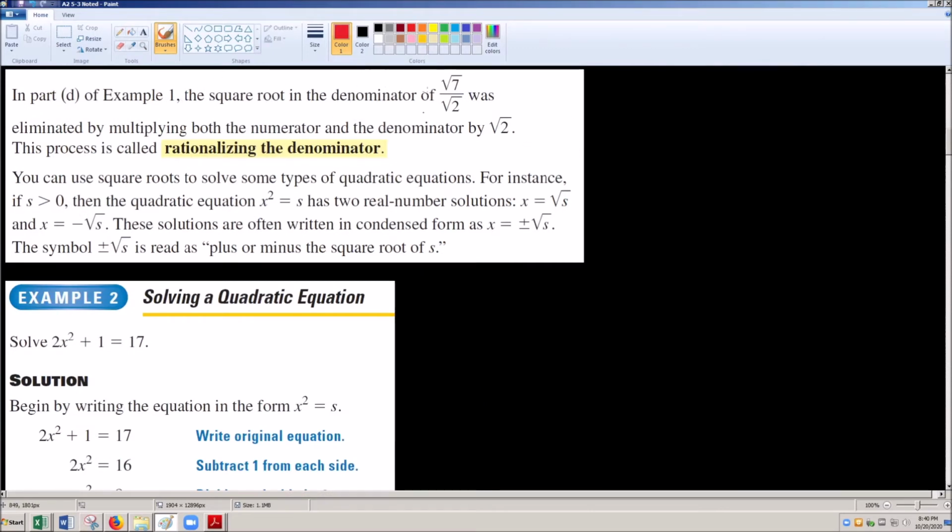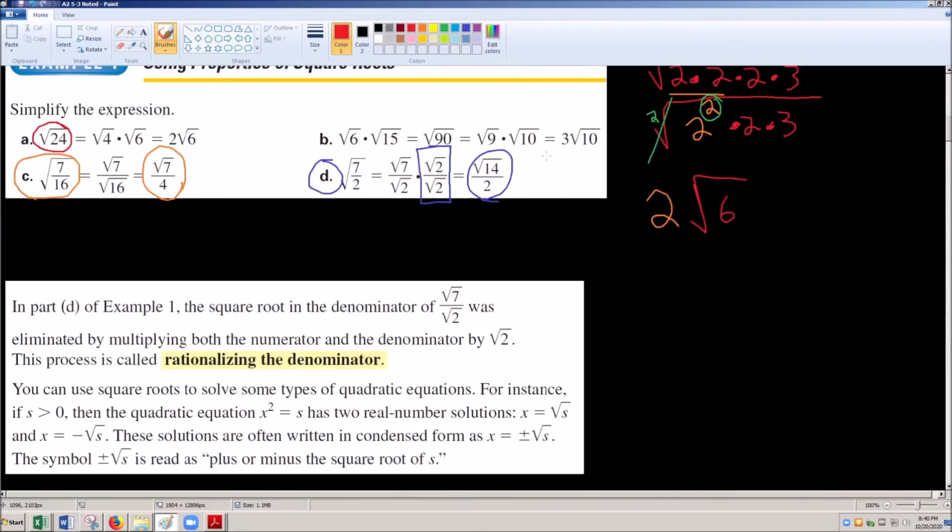So this is just going through those instructions I just did. So rationalizing our denominator here, so multiplying by root 2 over root 2. When we look at these things, when we're solving, we're actually going to do the plus or minus, but if we're just simplifying, we don't, which is a little bit confusing. I know people get hung up on that. So when we're doing these, I wouldn't say it's plus or minus root 14 over 2. I would just say it's root 14 over 2 because we're just simplifying the expression, which is different than actually solving